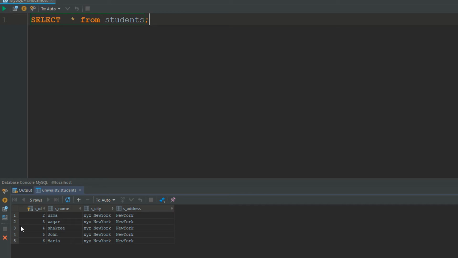But be careful. If you are deleting a record from a specific table, you have to use the where clause, the unique ID, to delete the particular record from a particular table. If you are not using the unique name or the unique ID, that means, as you can see, you have one record.